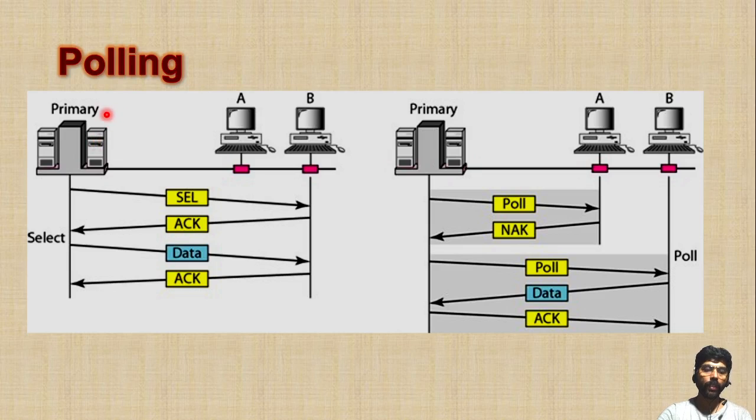Next one is called polling. In polling, one device is designated as a primary station and all the other devices are secondary stations. If any secondary station wants to transmit data to another secondary station, it has to transmit through this primary